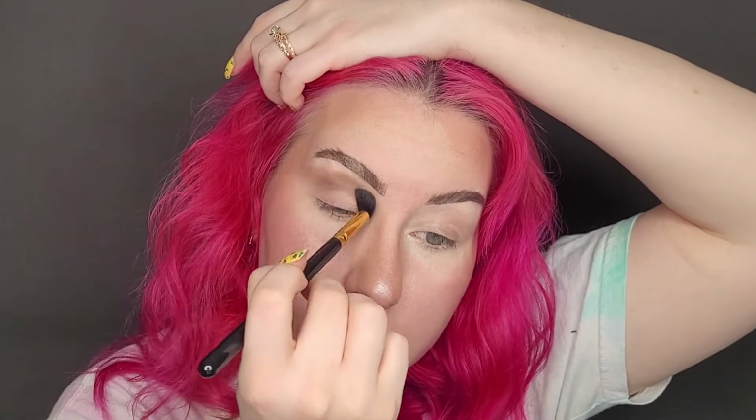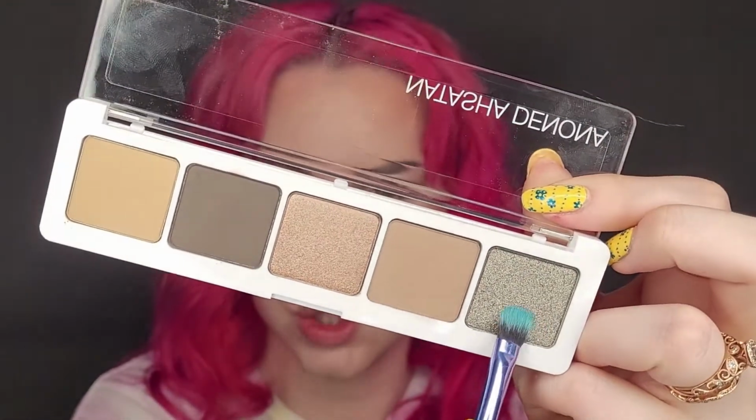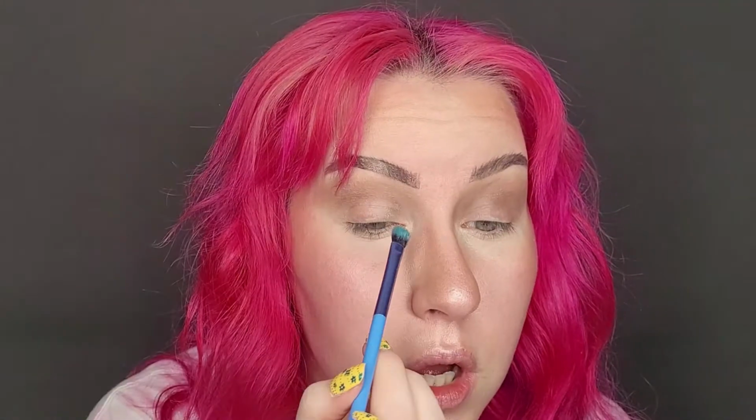Alright. Wow, patchy. It might be my base. I was feeling a little bit lazy and I went in with the same concealer I used on my under eye for my base, and it was a glowy concealer. Normally I use a matte concealer, but I think that's what's causing this patchiness. So just ignore that. And now I'm going to go into Harlow,